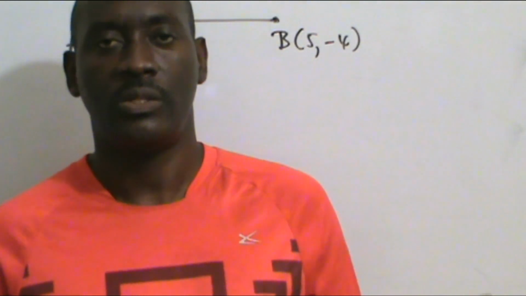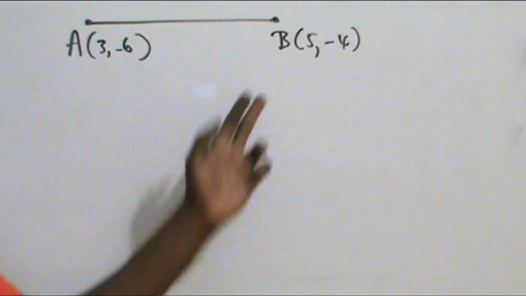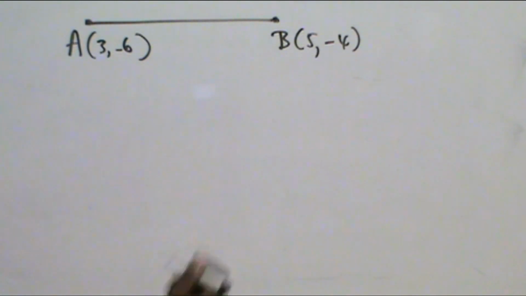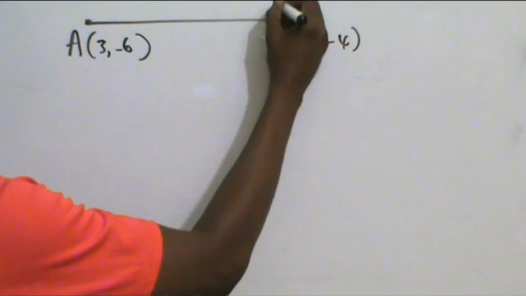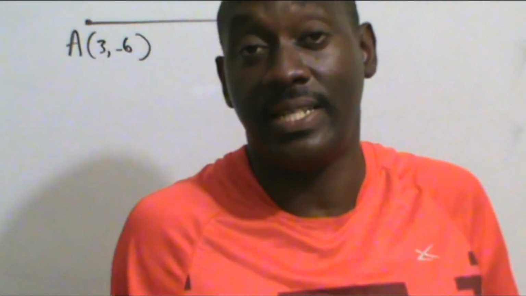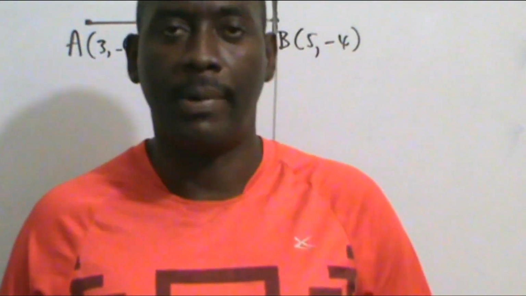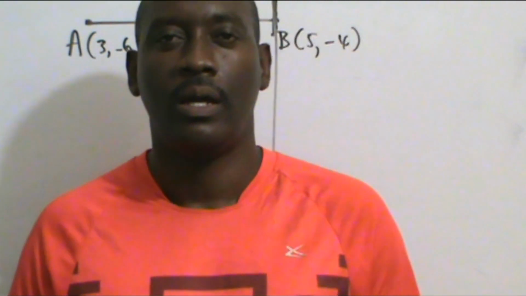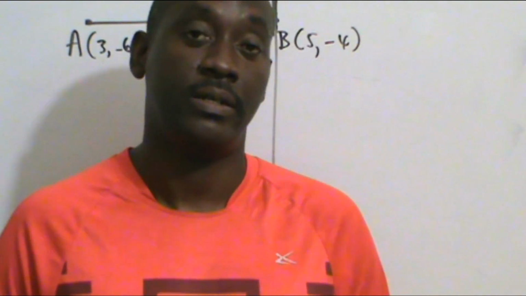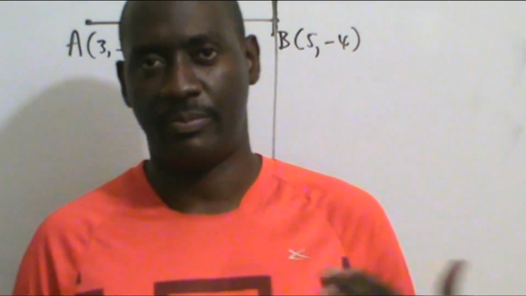So, suppose they ask us now to find the equation of a line perpendicular to AB passing through the point B. So that will basically be this line here. What is the importance of telling us that the line is perpendicular to AB? Remember that anytime you have two lines that are perpendicular to each other,